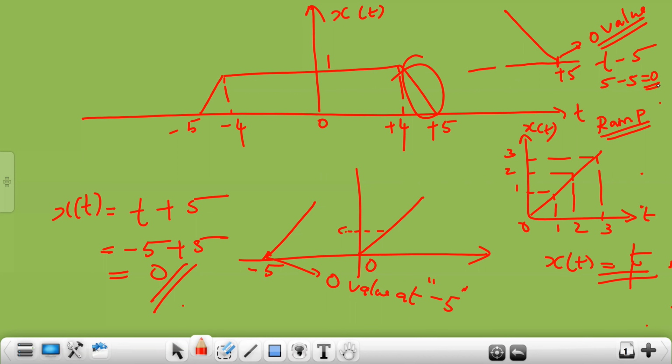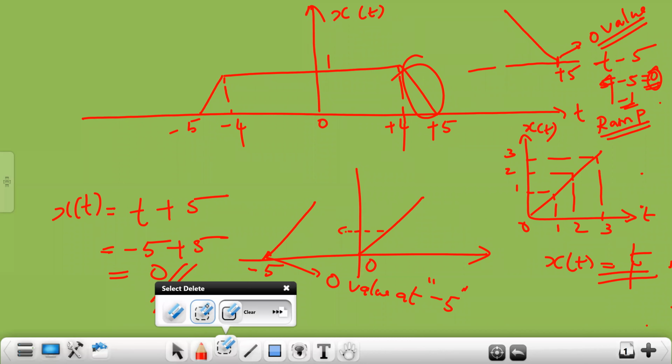But it is negative ramp, right? It is negative ramp, in the sense it is continuously decreasing. So at 4, what are you getting? At 4, what is the value? 1, sir. One. Did you get 1 here? 4 minus 5 is negative 1. So what change do you have to perform again? 5 minus t, sir. Yes, that would be correct.